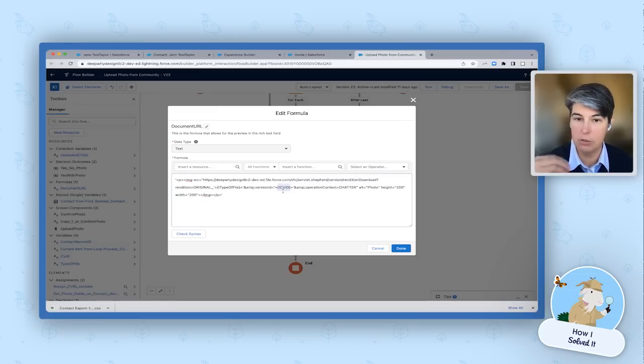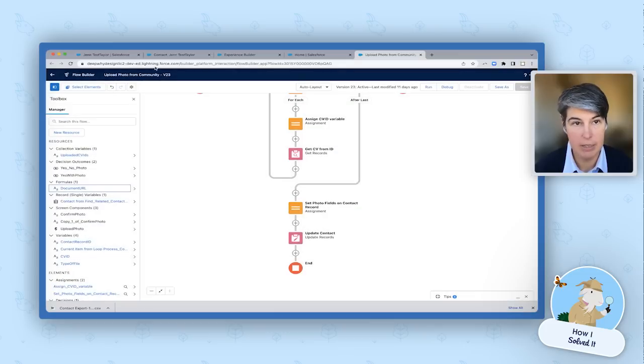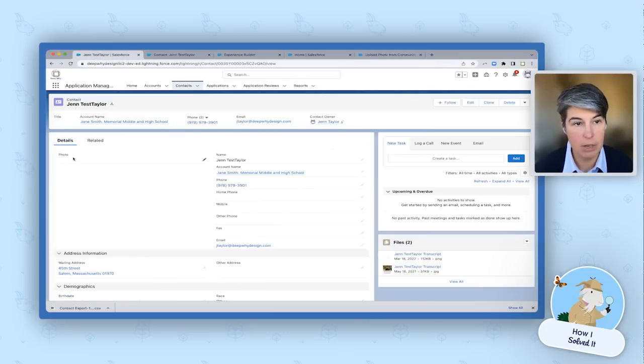So this is the directory to the exact version of the file that we just uploaded. So this is in the blog post for copy and paste, but I think it's really important to explain where I got this from, because it's a handy tip for any admin to know what's under the hood of a rich text field. So what I did was I went ahead and set up my photo, and then I